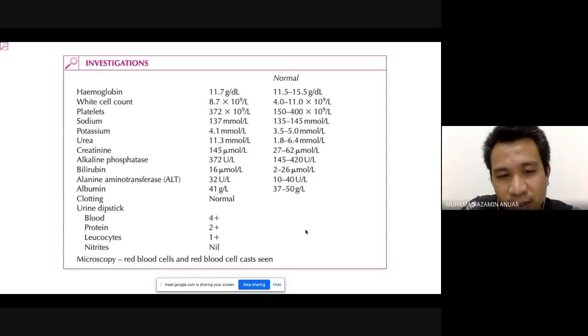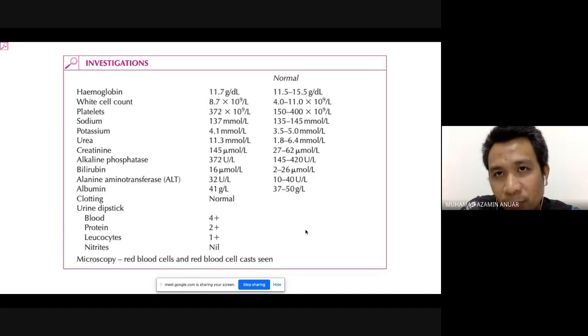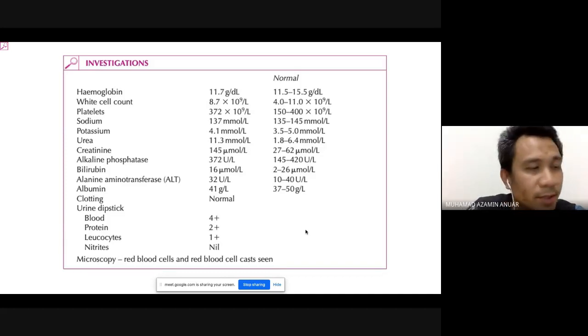So you don't really expect leukocyte 4+ in glomerulonephritis. It tends to be very little, either trace or 1+ or 2+, but you won't go more than that. Unless you get high leukocytes, maybe 2 or 3 with a nitrite, then with positive nitrite it could be infection coming from cystitis, not from the upper urinary tract pyelonephritis, not really from the glomerulonephritis. And so this is the interpretation of the urine dipstick.